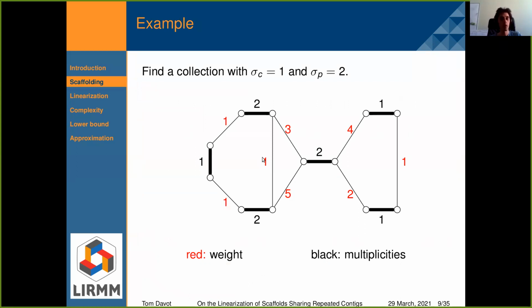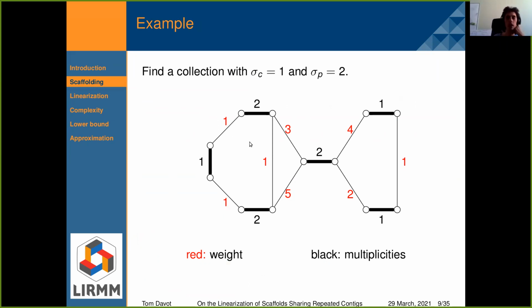A small example to start. In this graph, I want to find one alternating cycle and two alternating paths. In black are the multiplicities, and in red the weights of the edges.